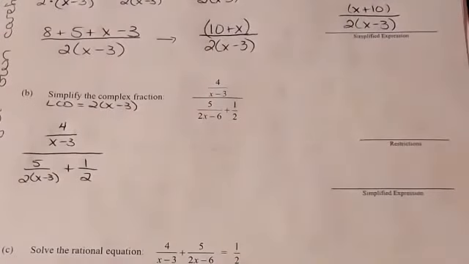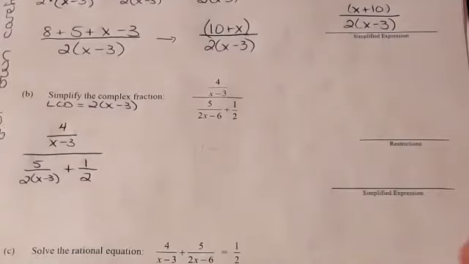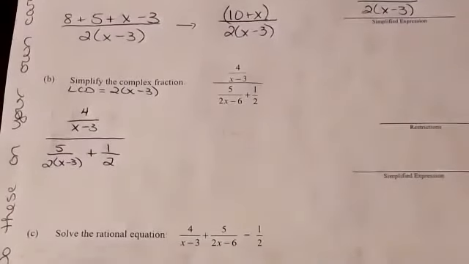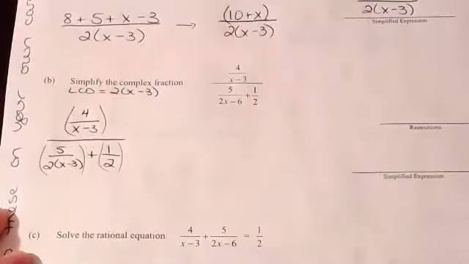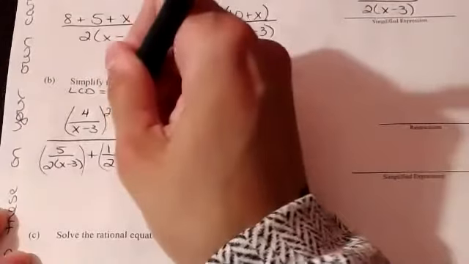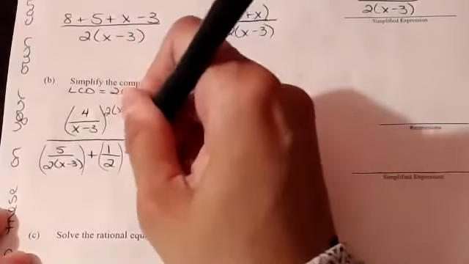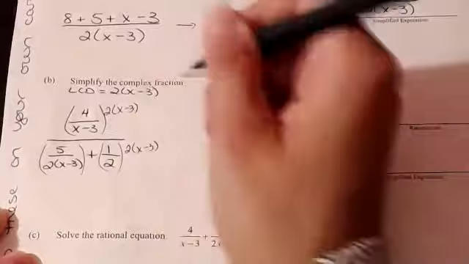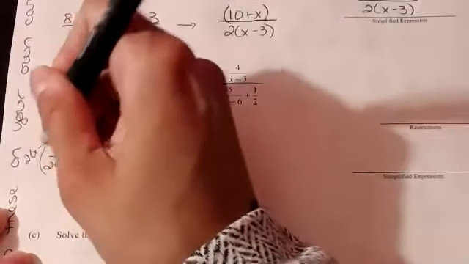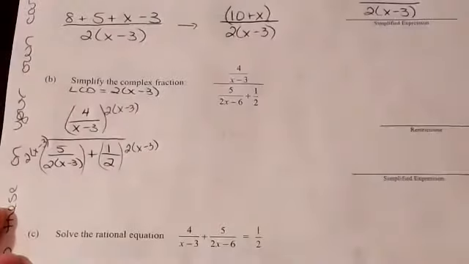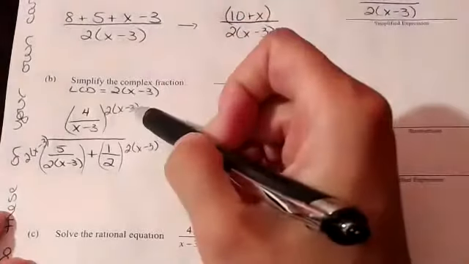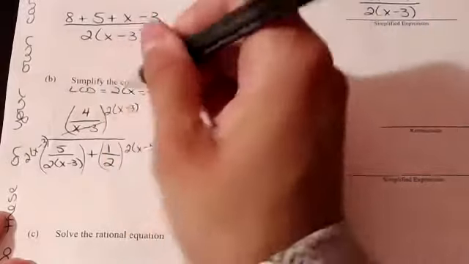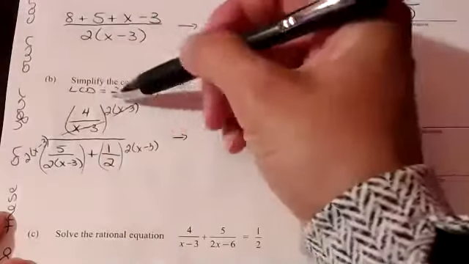Because I want to clear fractions, I'm going to multiply every single fraction by the LCD, like this. Put every term in parentheses, 2 times x minus 3, 2 times x minus 3, 2 times x minus 3. Okay, that goes everywhere. And then the really cool thing is we can start to cancel out fractions. So the x minus 3's go away, and you're left with 4 times 2, which is 8,